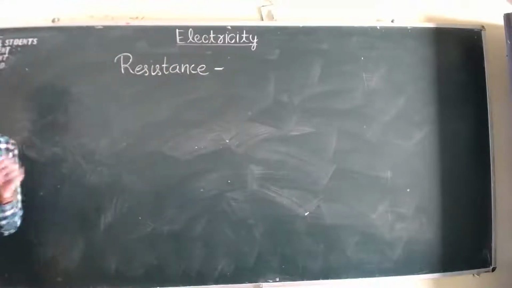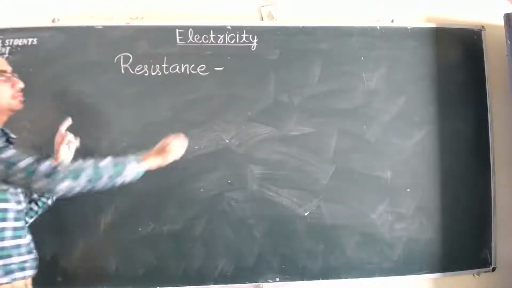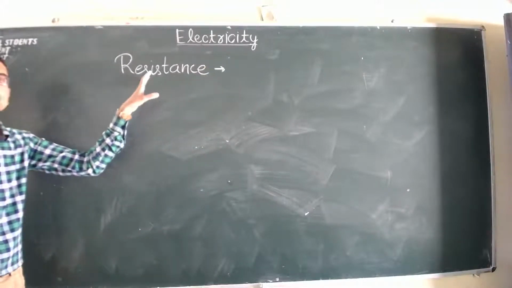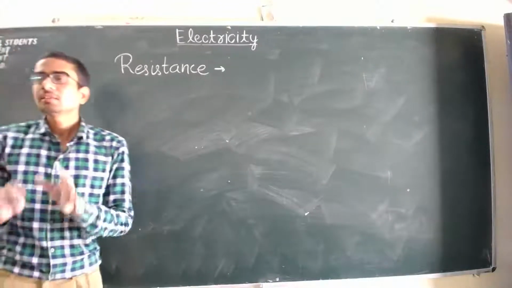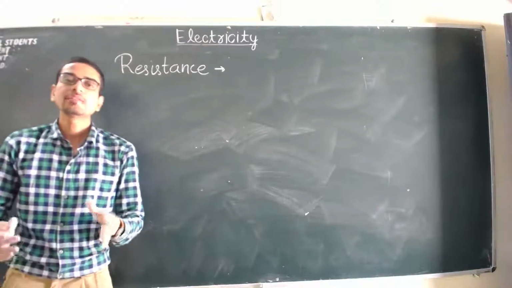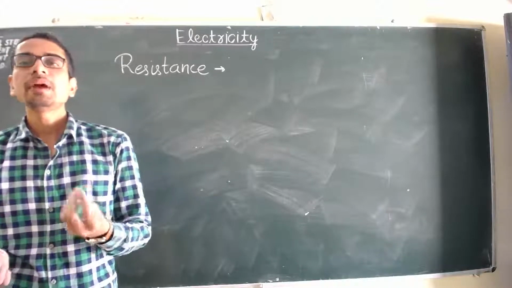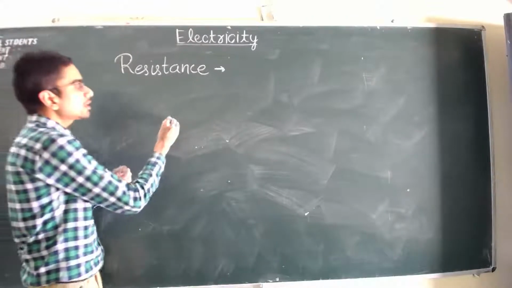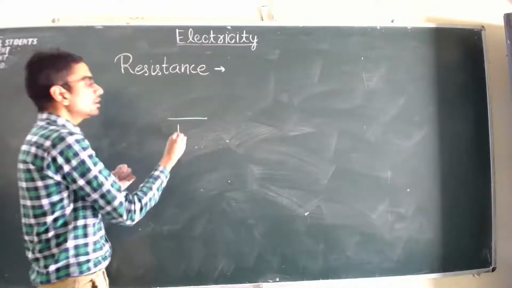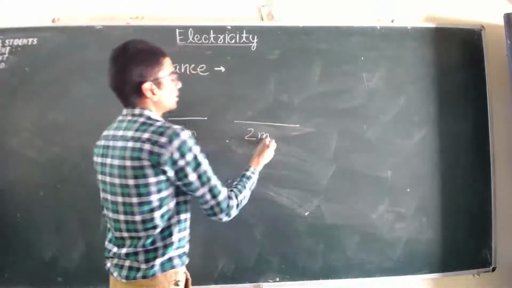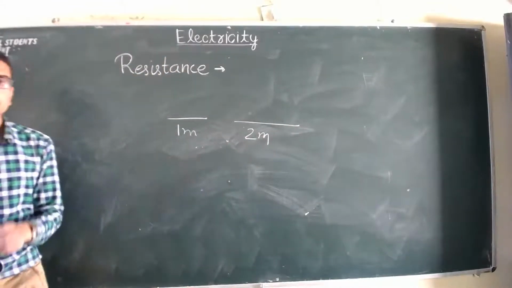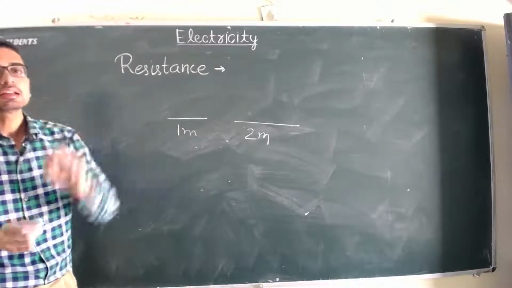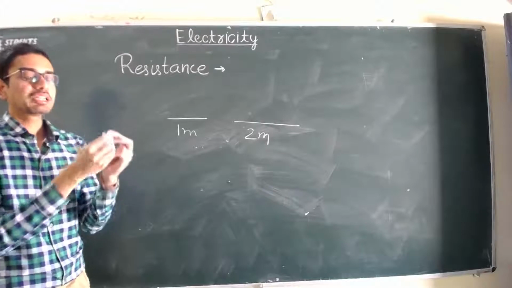You know what is resistance and you know its mathematical expression too. But do you know which are the factors which affect resistance? जो रेजिस्टेंस होता है किसी भी कंडक्टर का, किसी भी डिवाइस का, वो किन फैक्टर्स पर डिपेंड करता है। फॉर एग्जांपल, एक मैंने कंडक्टर लिया 1 मीटर का, एक मैंने कंडक्टर लिया 2 मीटर का, क्या दोनों का रेजिस्टेंस सेम होगा या अलग अलग होगा? एक ये चीज। या फिर एक मैंने रेजिस्टेंस वायर लिया, एक वायर लिया जिसका जो क्रॉस सेक्शन है, इमेजिन दिस